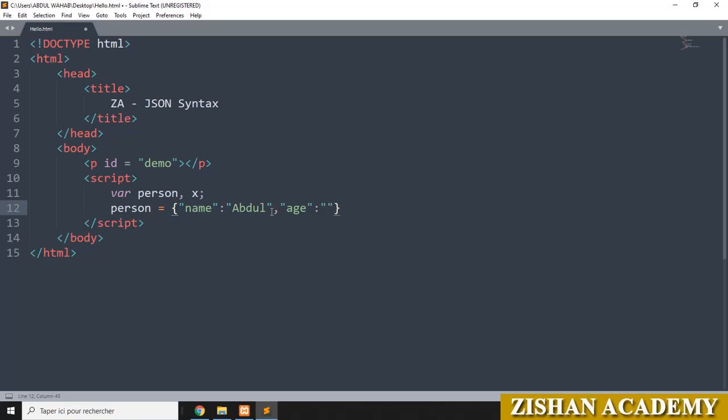You have to give the value here. I am giving the age here. Then next comma, you can go for double quotes, city. Then colon, we will go for double quotes. You can give any city name here. Then finally you have to close the line by semicolon.